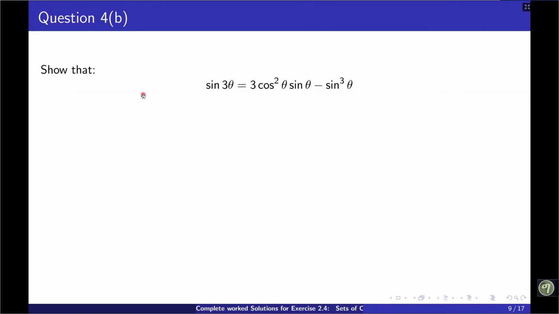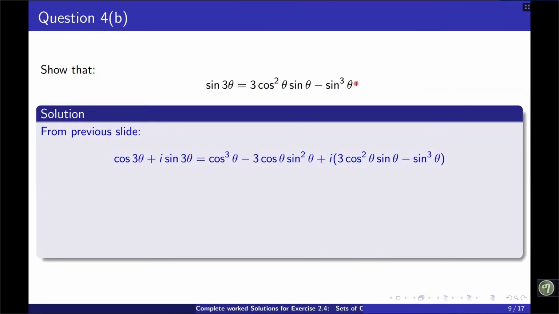Similarly, a similar question, but with a different trigonometric value. We're asked to show that sin 3θ is equal to 3cos²θ sinθ minus sin³θ. And again, from the previous slide, we have the expanded form of (cosθ + i sinθ)³, which is equivalent to that of this one. So equating the imaginary part here,